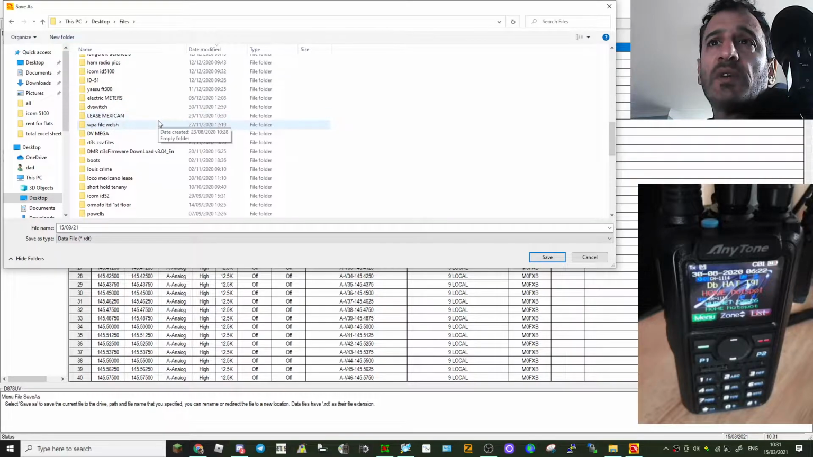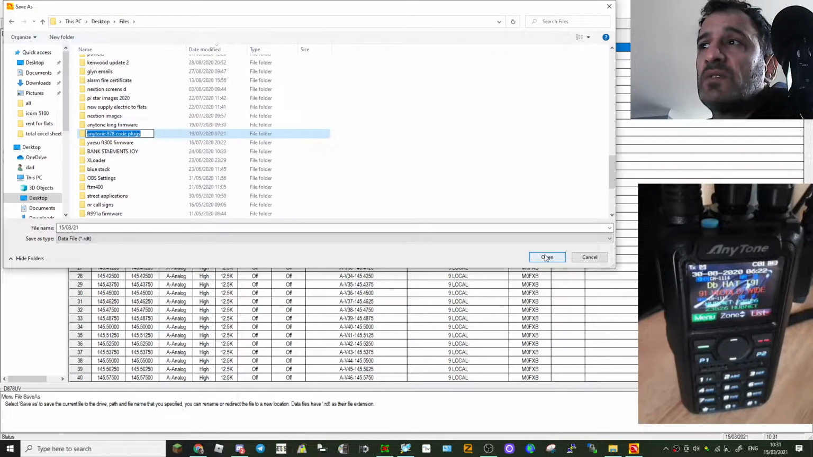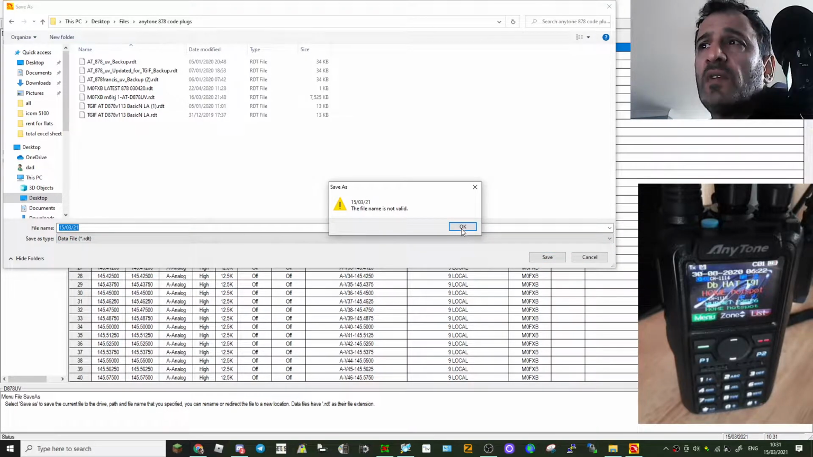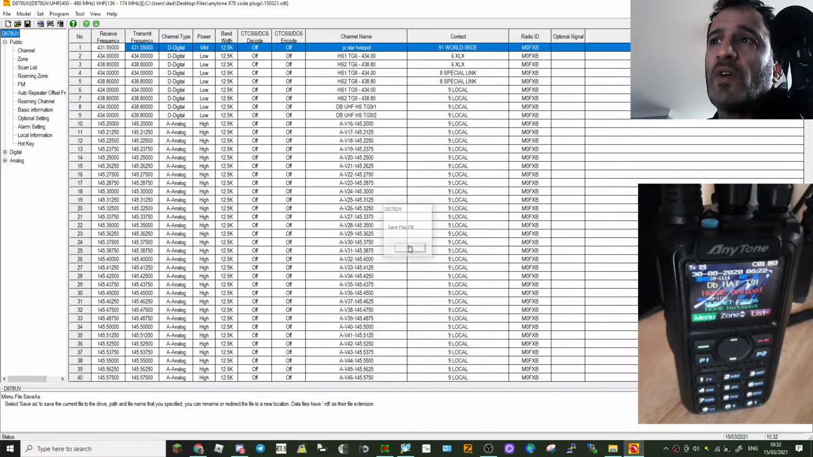A lot of files here. Anytone 878 codeplug sounds like it. Open. We'll just put save. I don't think it likes the dashes. Let's get rid of the dashes. Save. Yeah, it liked that. Okay, so